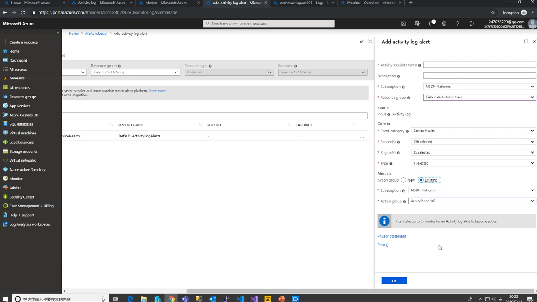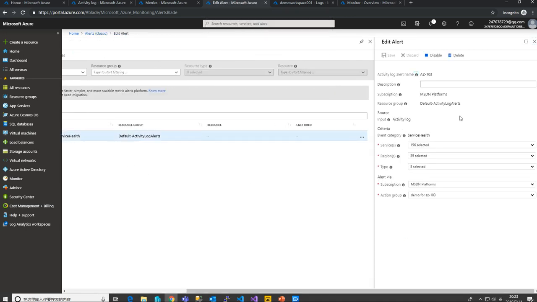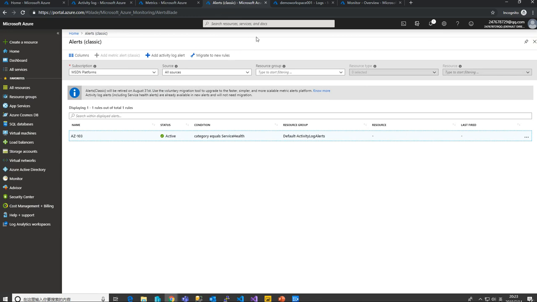Right, let's use existing one, and you can click OK. That's how you create the activity log alert. So I just, because I already have one here, you can see, right? Okay, so